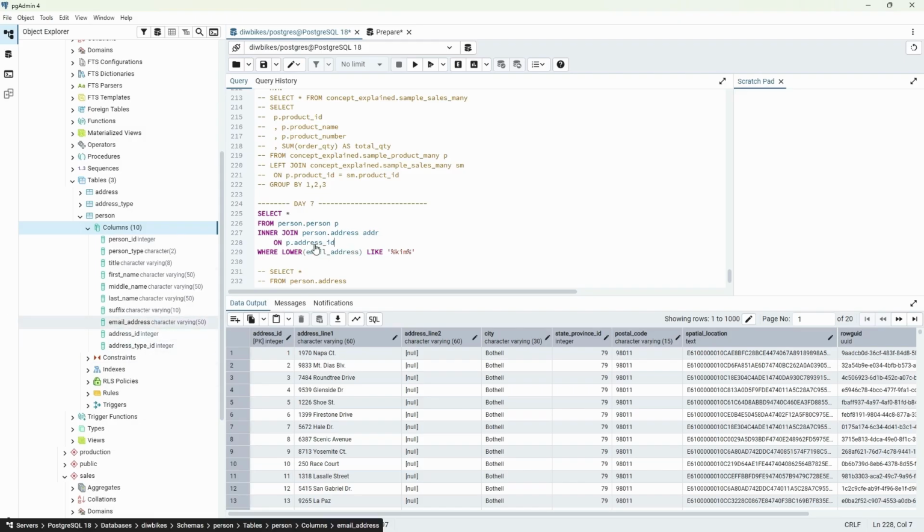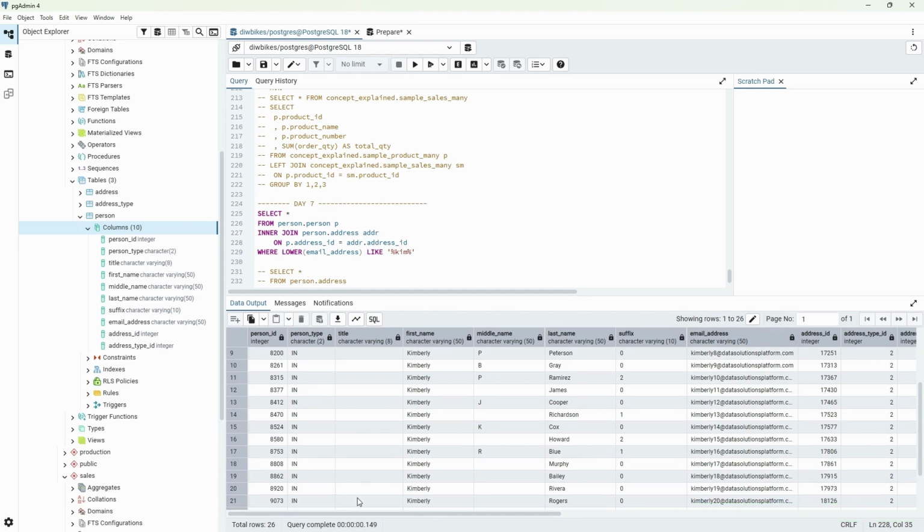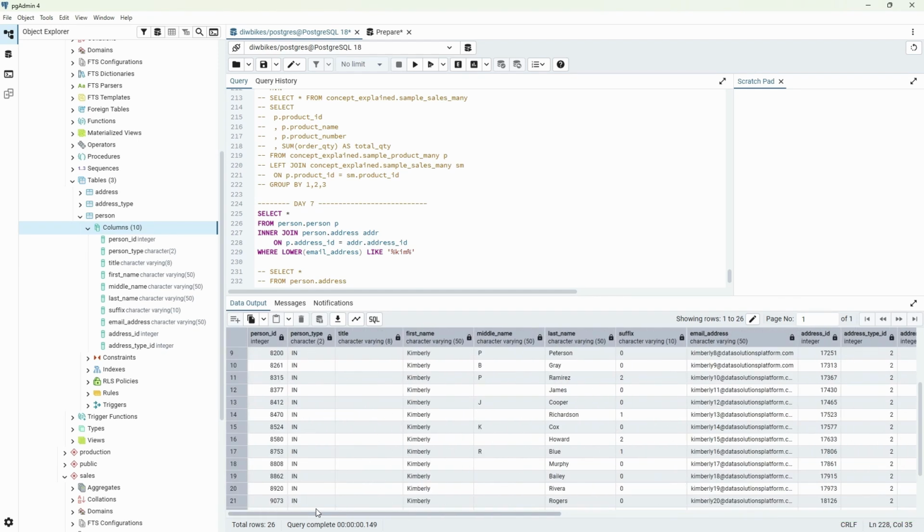Let's pull in the address ID equals addr dot the same address ID, and let's run that. Beautiful. Now we have 26 records, and we have access to all the attributes in both the person table and